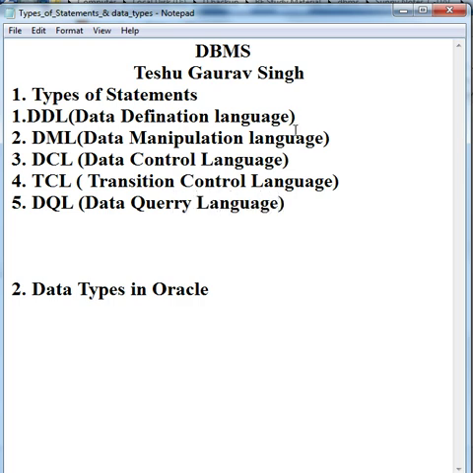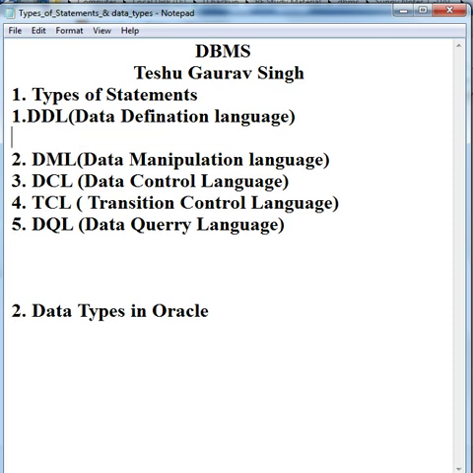Data definition language is where we define the table. In data definition we define the schema of the table. So whenever we are talking about the schema of the table, that is data definition language. What is basically the schema of the table? In the schema we define the name of the table, the number of columns, and the type of columns.